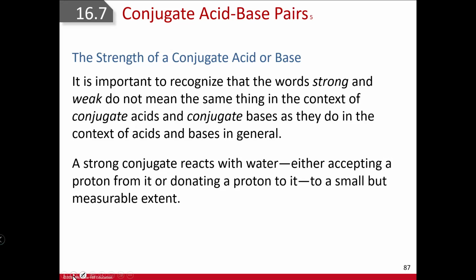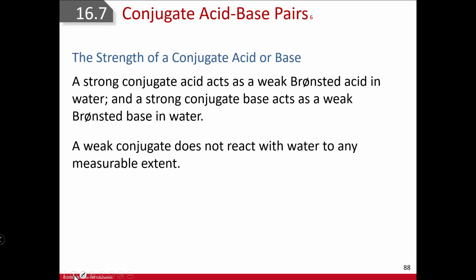So if you hear the word strong with conjugate, it is going to react with water, and that is going to change the pH of the solution. So a strong conjugate acid acts as a weak Bronsted acid, and a strong conjugate base acts as a weak Bronsted base in water. A weak conjugate does not react with water to any measurable extent,